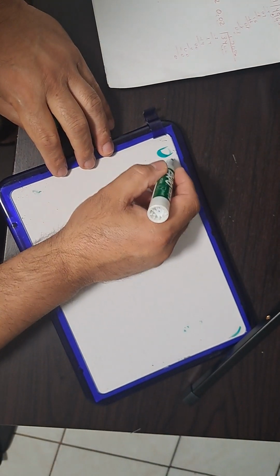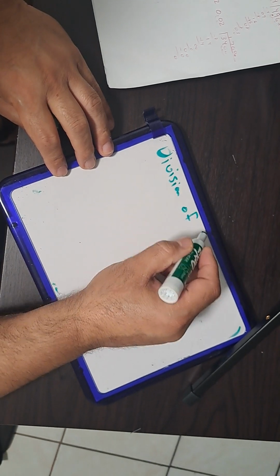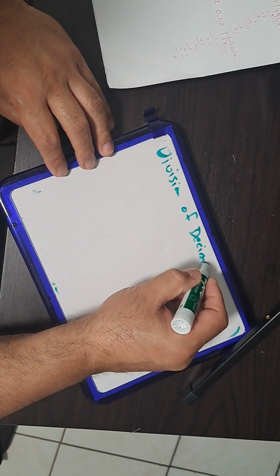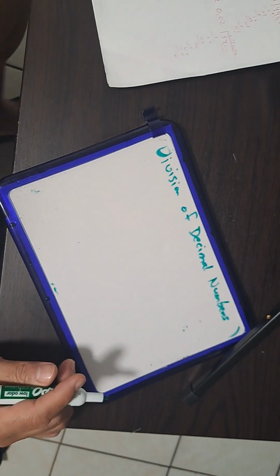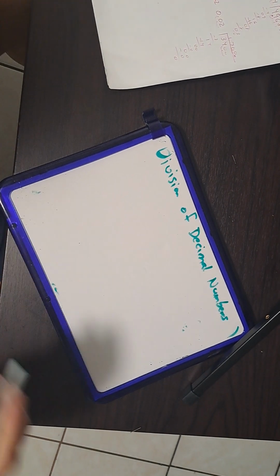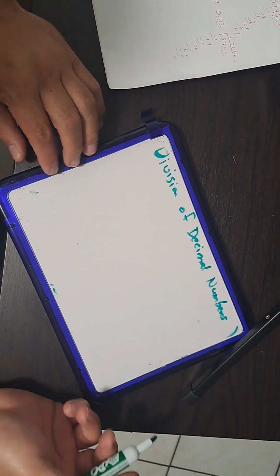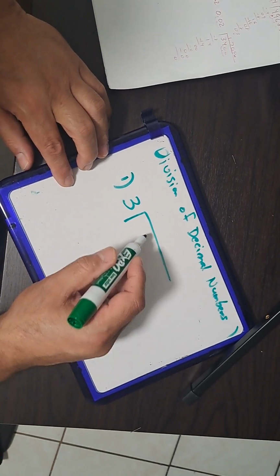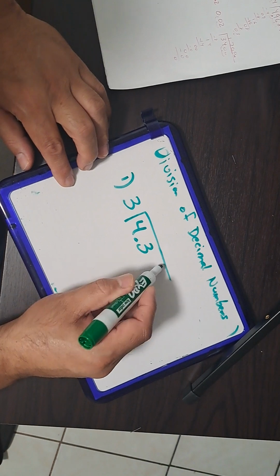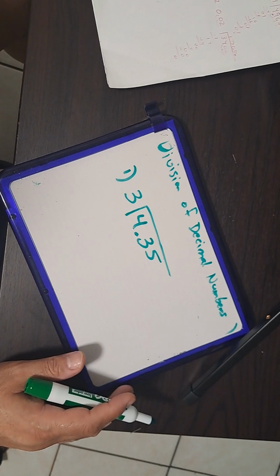So we're going to do division with decimal numbers, right? It is the same thing as dividing whole numbers. It's not different, we just add something, we're working with decimal points, right? So first one, we got 3 divided into 4.35. So if you saw the video of whole numbers or finding a quotient,